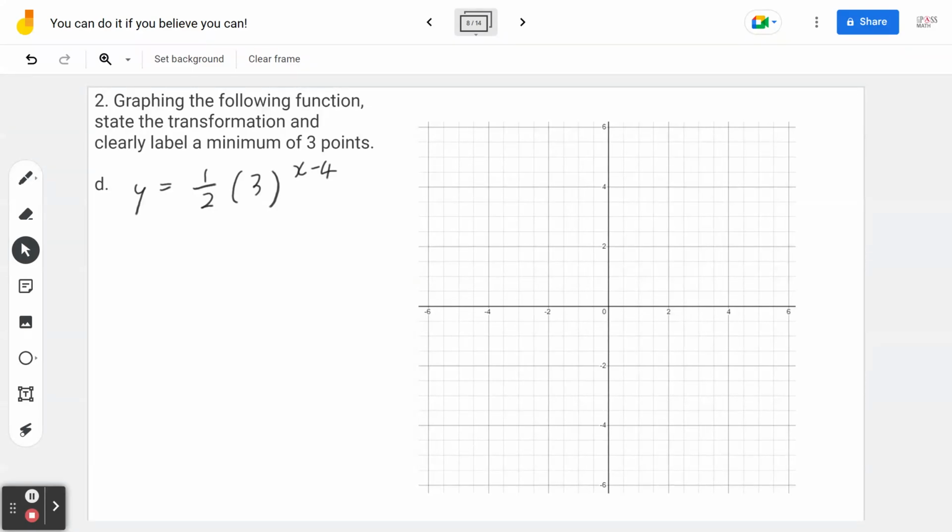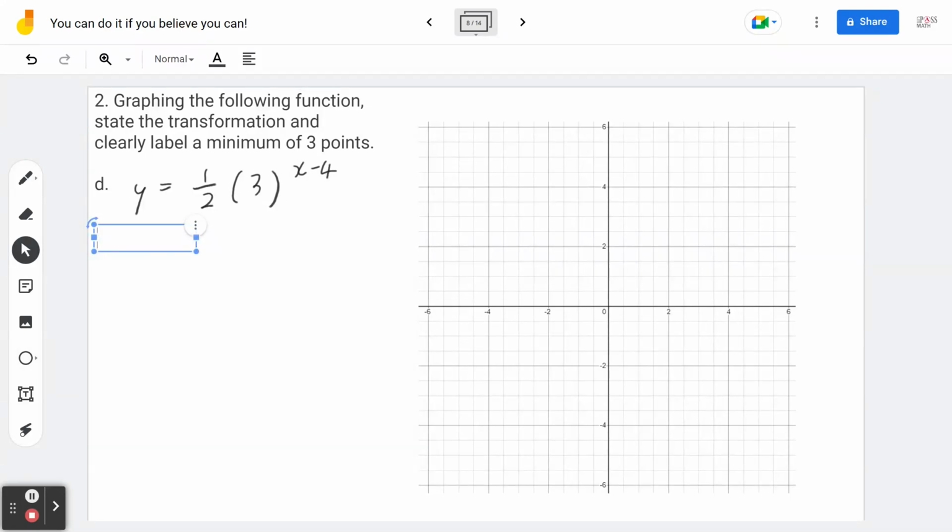y equals a half times 3 to the power of x minus 4. Pause the video. When you press play again, I'll be here. Welcome back. So again, we did 3 graphs. I'm going to go straight to the fastest approach, and you can use this, of course, as well. So sometimes you can start with the